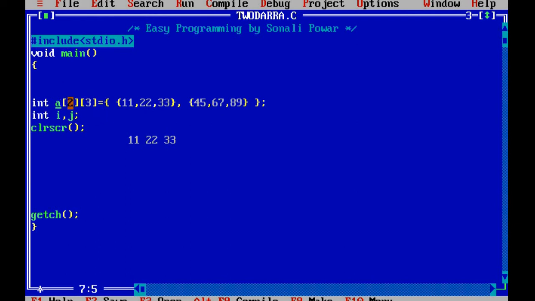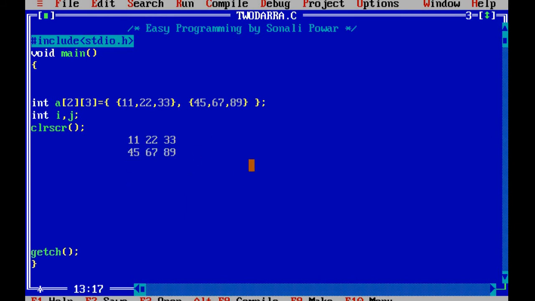Now here suppose I declare the array 2 by 3, it means the total number of values that can be stored by A is 6. Now suppose it contains these values 45, 67 and 89. These are the values which are present in the array A and I want to initialize this array. So how can I initialize? You have to just write the equal to sign, then write a curly bracket, and within this curly bracket again write a curly bracket and write the values which are present in your row. So these are the values which are present in row 0 and these are the values which are present in row 1. So like that you can initialize your array.